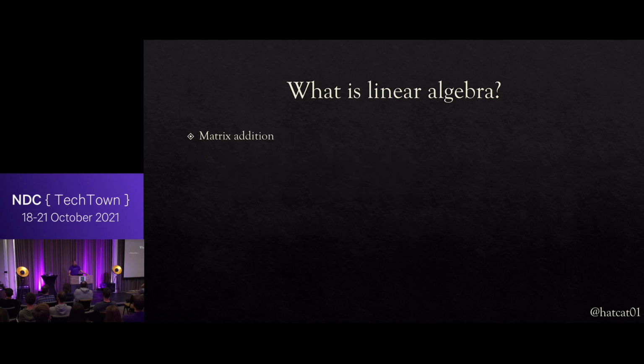You can perform matrix addition. This is somewhat constrained because you can only add matrices which have the same size. In fact, the same dimension, and that use of the word dimension is also problematic because the dimension of a matrix is the number of rows and columns that it contains. It's nothing to do with geometry. A 3 by 3 matrix is not necessarily representative of three-dimensional space. There's no such thing as a three-dimensional matrix. All matrices have 2 dimensions, m by n. This continues to confuse people, no matter how many times I give this talk.